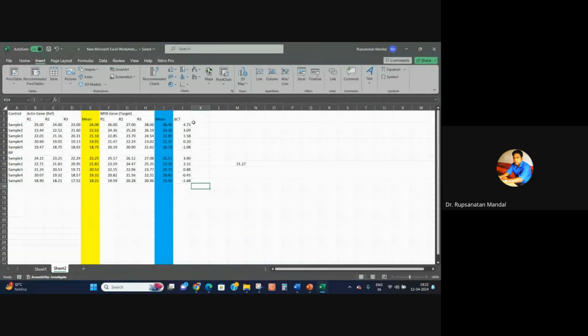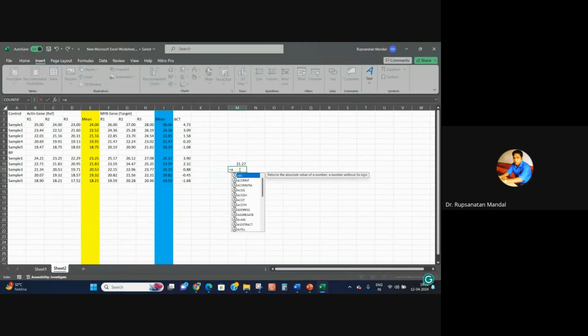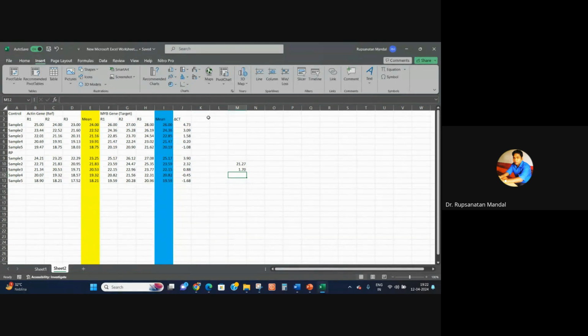So average delta CT value of the control and average CT value of the target gene. So first we average this delta CT. So now calculate